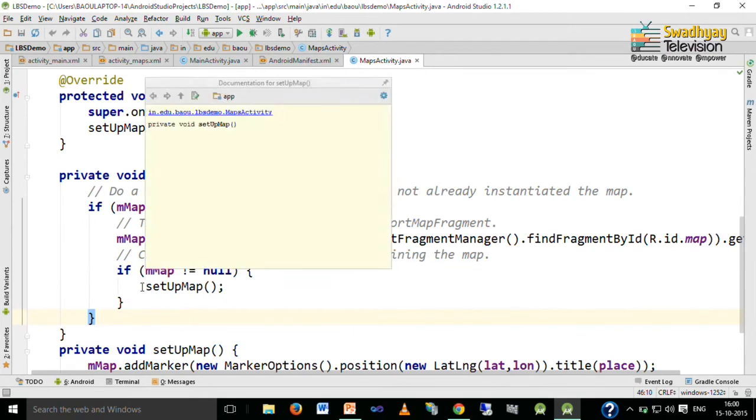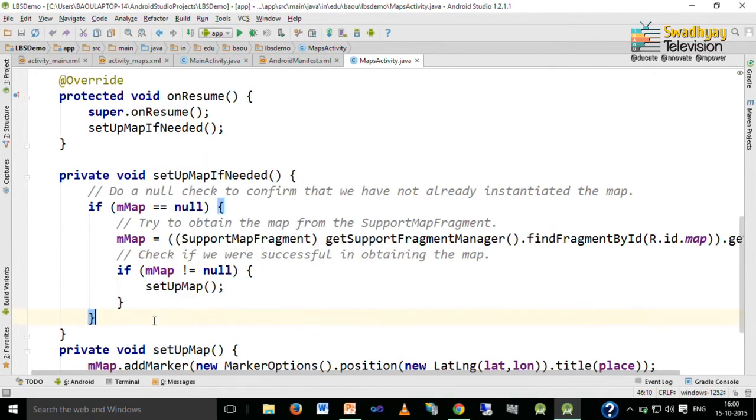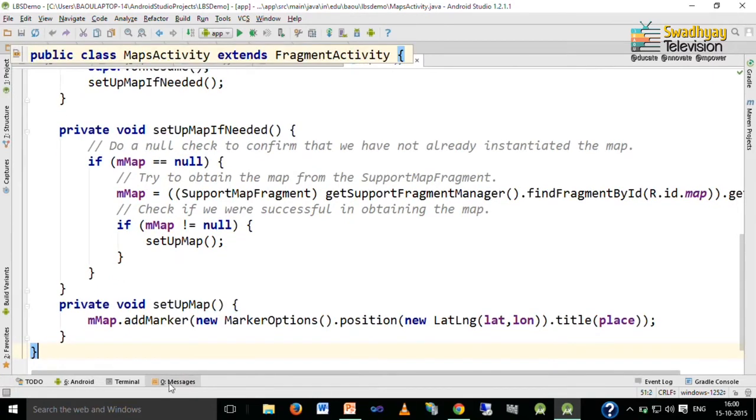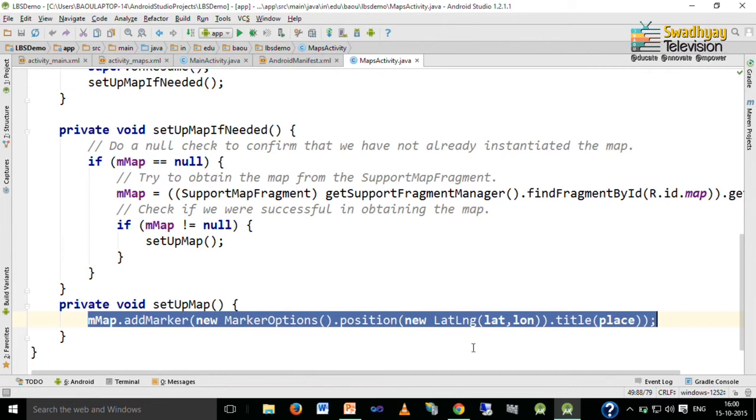Here another method is there, which is setupMap. Inside setupMap we just add a marker at the specified position. This we have already discussed.